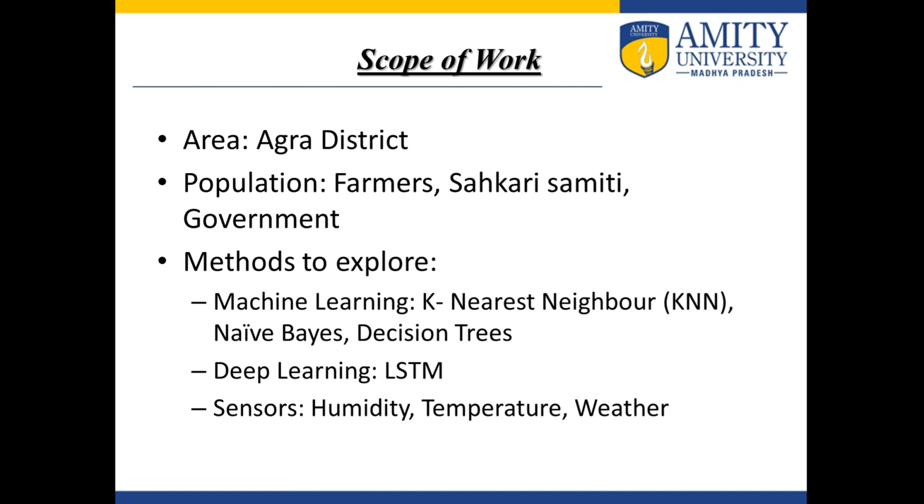Decision trees are there, so basically many algorithms have to be included in my study. Then deep learning methods, such as LSTM. Whenever the variables are very large, because in my study the parameters are very large, we cannot go through only machine learning. We have to explore deep learning also. So we have the ANN method, then LSTM, RNN, then convolutional neural network, where we can detect diseases and the growth level of the plants.